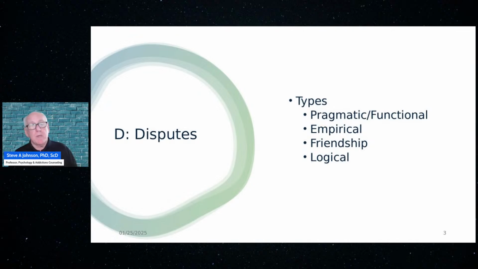And another one is the friendship dispute. The friendship dispute is very powerful, but we tend not to use that with clients that have anger, and anger is the big issue for them, or rage. Okay, so what we do here is we would ask them, if you had a friend who said that because they failed several exams they're a complete and utter failure, what would you say to them? Okay, what would you say?